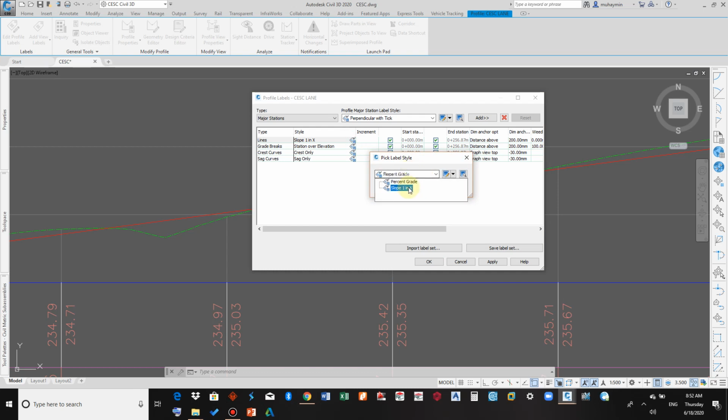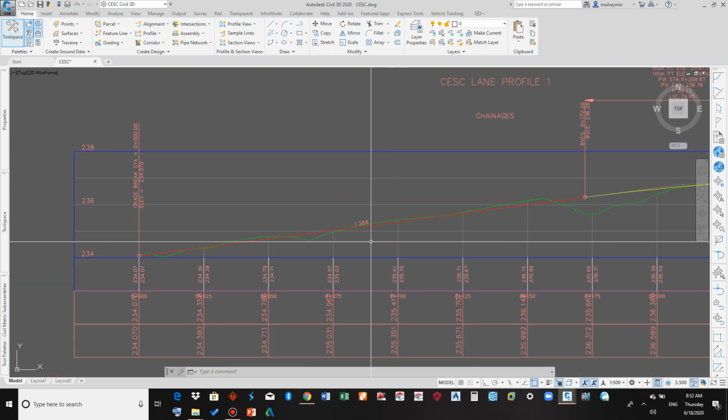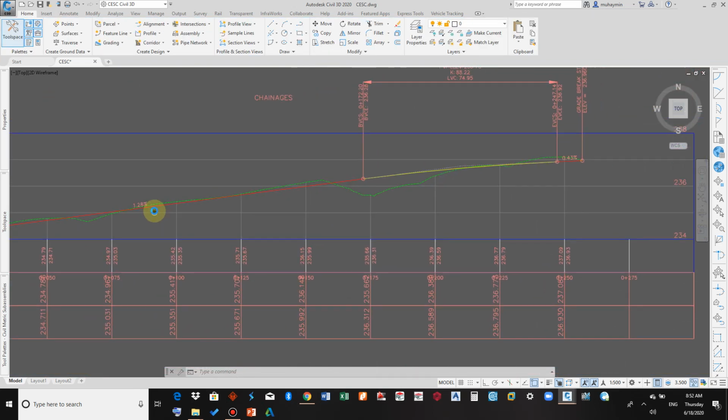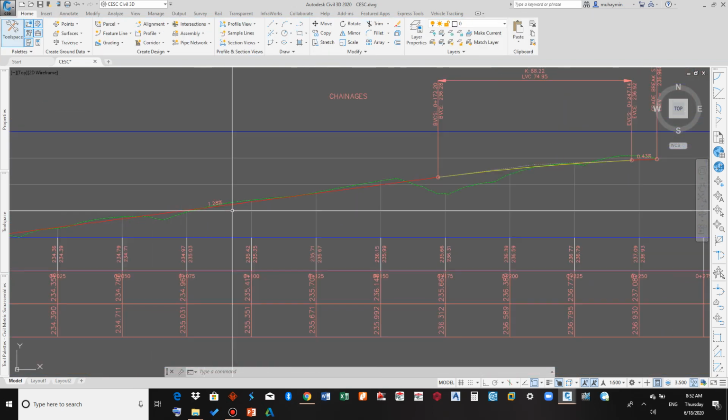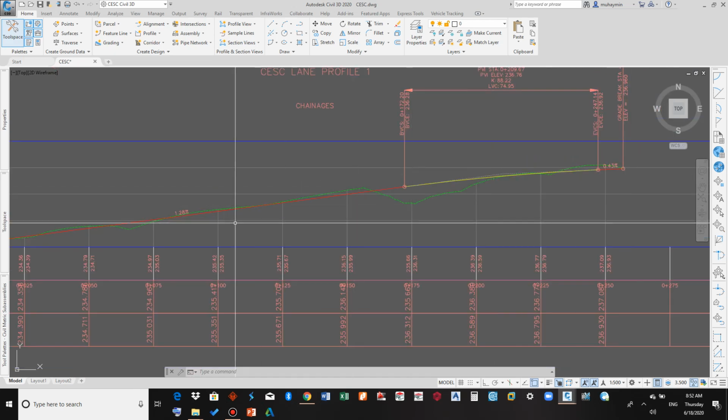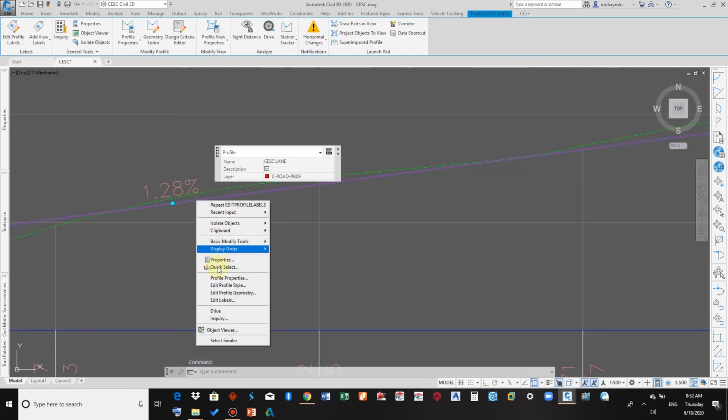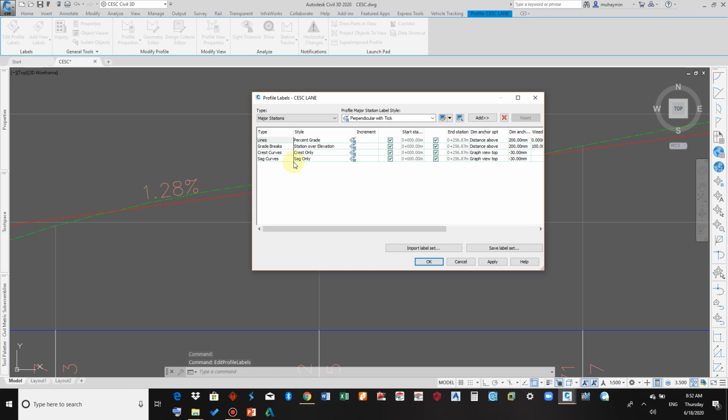And all the styles are actually presets. You can make changes to them. So we go for OK here and we select OK here. This goes back to what we are familiar with, 1.2% and 0.43%. All right, click again, go to the labels, and we can make changes to other styles here,